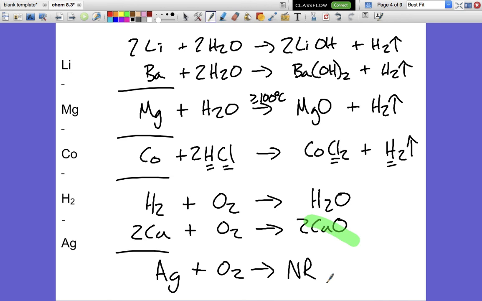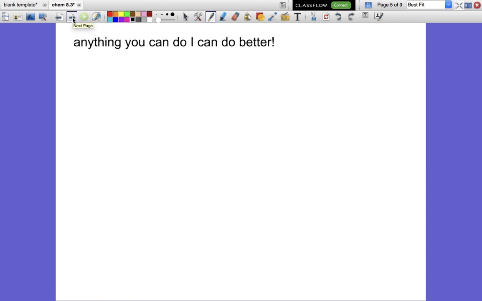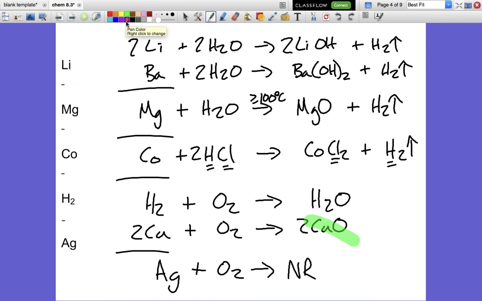But there's a lot of times that you're going to have to say no reaction because you're going to have to pay attention to the details. Because again, it gets a little bit confusing here and there. But my basic rule of thumb when I'm looking at these things is understand that anything you can do, I can do better, right? If you're referring to, say, like a lithium compared to, say, like a cobalt, lithium's at the top of the list. It's at the top of the totem pole. It's the best, right? Anything that cobalt can do, lithium can do better,